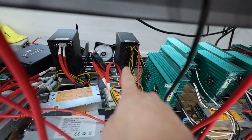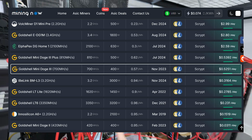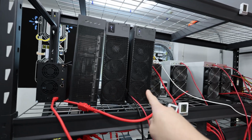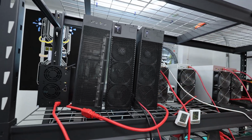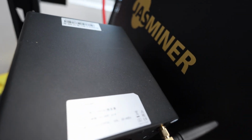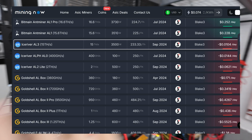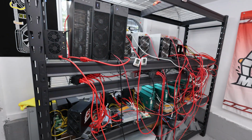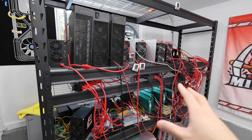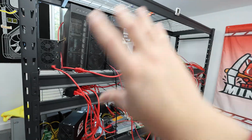I have a Mini Doge right there. I think that's another a little bit profitable ASIC miner right now. But yeah, out of the whole shelf, it's basically the Mini Doge and a few of my ETC hash miners that are still doing okay at my electrical rate. And this is a Gold Shell AL box. This one is definitely not doing well right now. Okay, so yeah, this whole shelf, right? The majority of the shelf, I am basically either burning money or, I did look at it earlier, I think everything is either breaking even or losing just a couple bucks a day amongst everything,